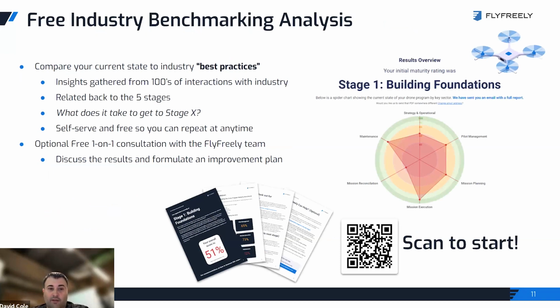The other thing we've done is tried to translate all this into a benchmark. This is actually something free you can go and do right now. What it is, it's essentially scoring you on, I think, around 19 to 20 different areas. You can see them in that plot there, from strategy to how you manage pilots, the mission process, and maintenance. And we've tried to relate that back to where you would sit in the 5 stages. It's not perfect, but it'll give you a sense of where you're at, and then some practical things you can try to do to progress to the next stage.